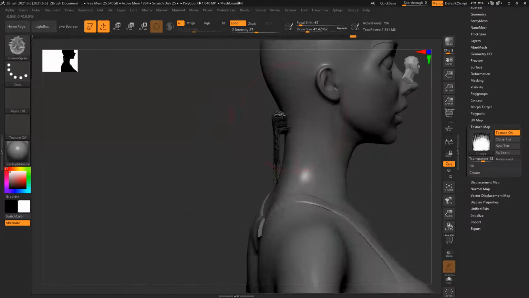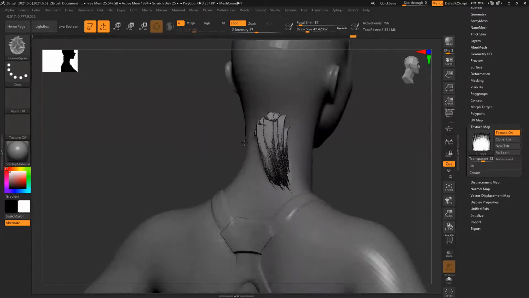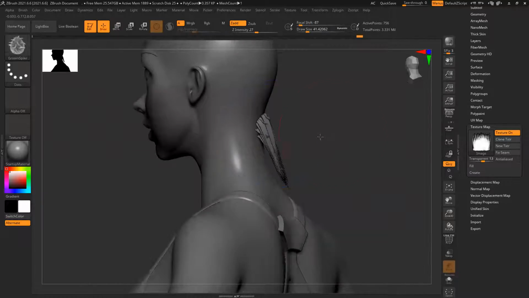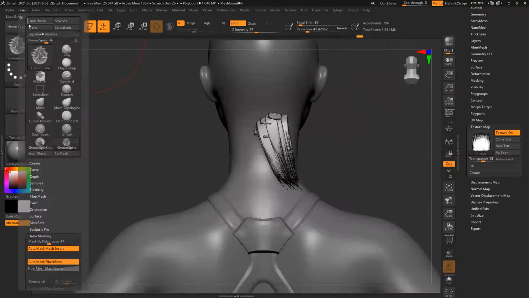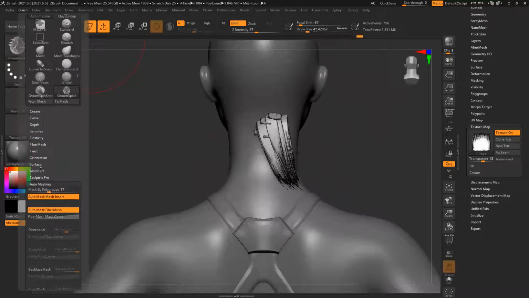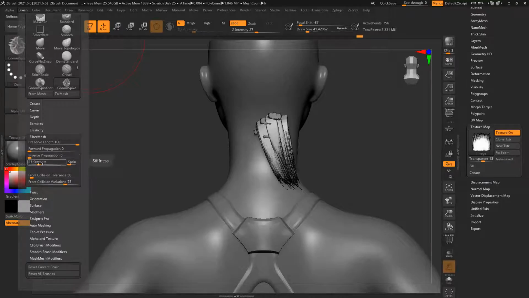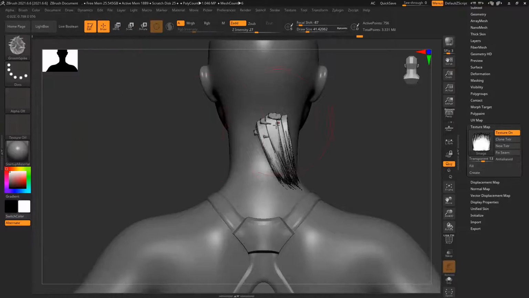This is happening because the collision is on. That is something we control. Go to brush, you have fiber mesh, and here you can see stiffness and front collision. This is something I can reduce to maybe 10. It will fix this issue.